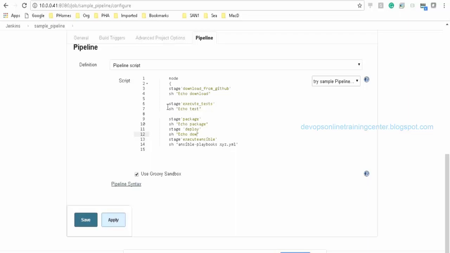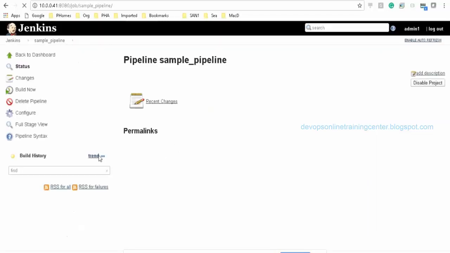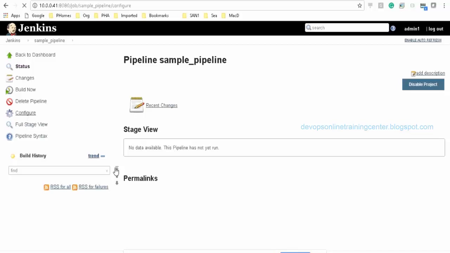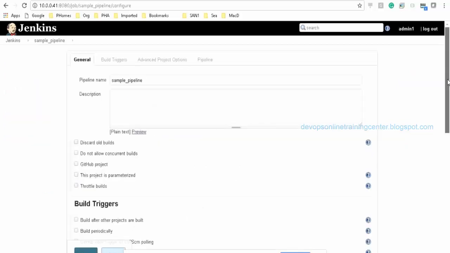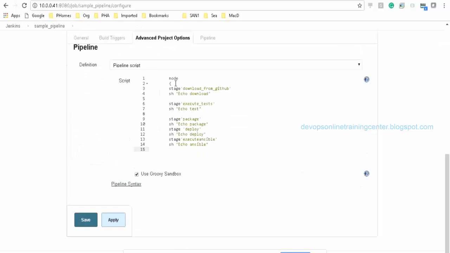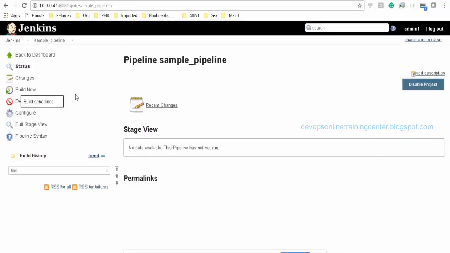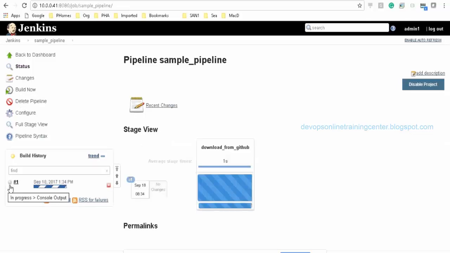Echo deploy, echo reply. Right. So I'll just save this and execute. Let us see how it looks. There is an error. It was showing error in the last line. What was the error? I opened the brace here, but I did not close it. Save and build it. So Santosh, this pipeline script is Groovy scripting, you said? Yeah, this is Groovy.